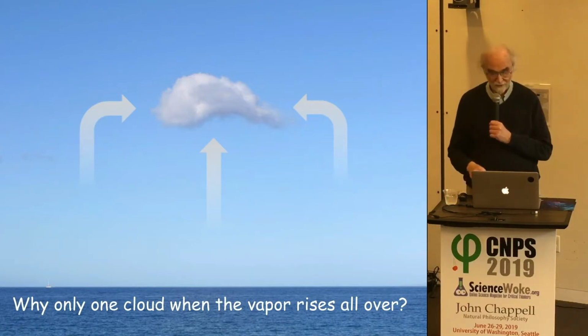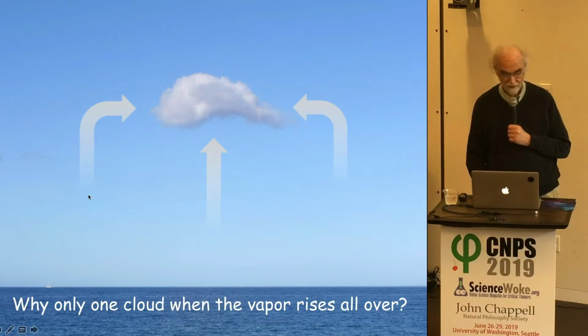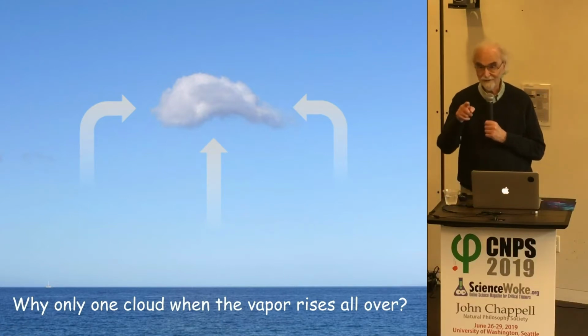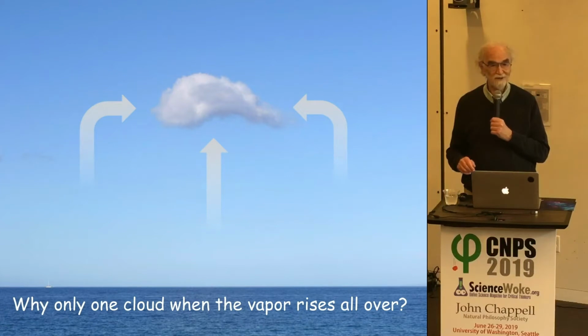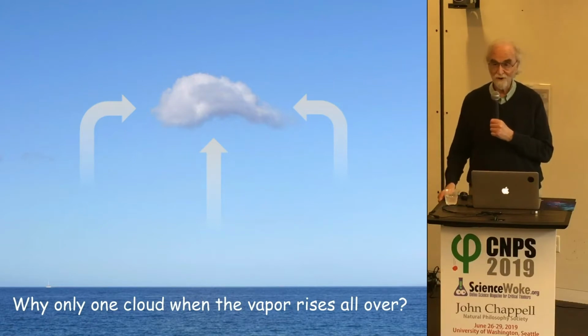Admittedly, this doesn't happen all the time. When the water is evaporating from everywhere, is there some kind of force that pulls this water closer to the cloud, and therefore there's no cloud here, or what? Do you know the answer? Thank you for agreeing with me. No, it's not so clear, is it? Okay, so that's the first one. To demonstrate that although you think you know everything there is to know about water, you don't. Otherwise, you'd be able to explain this.